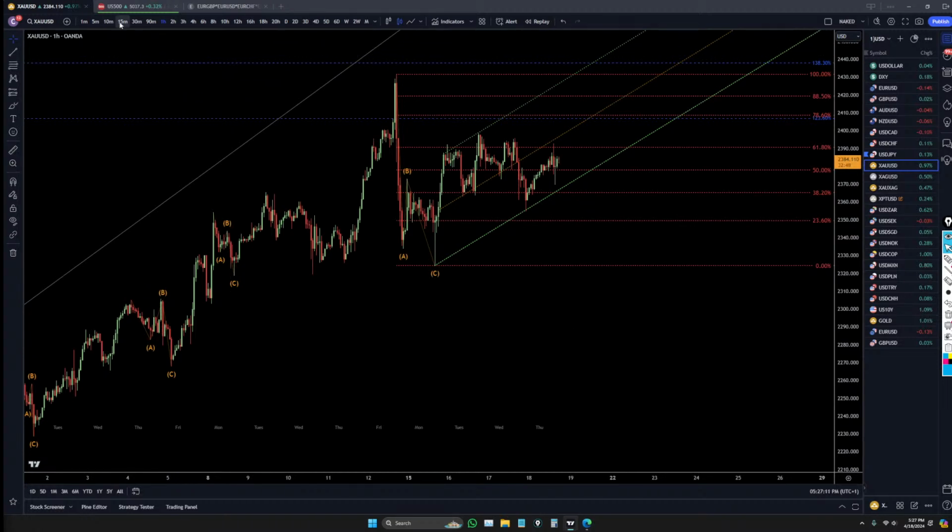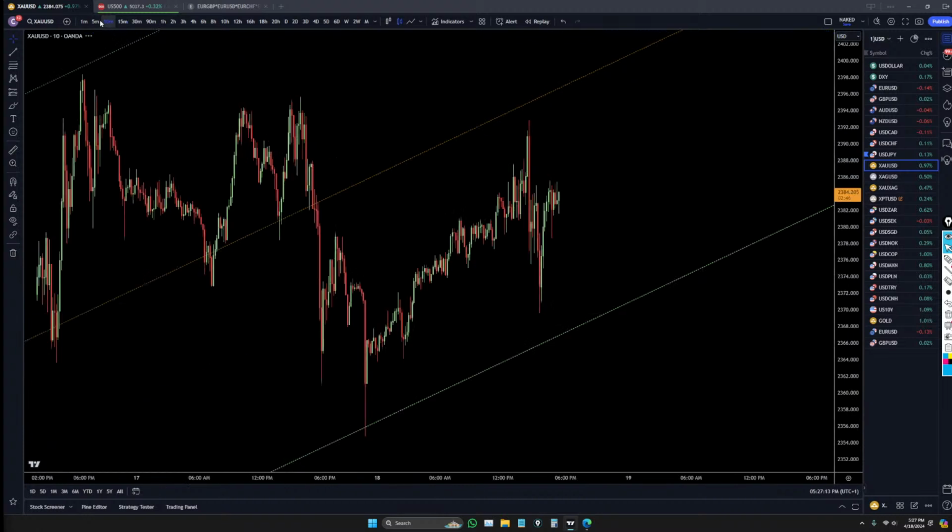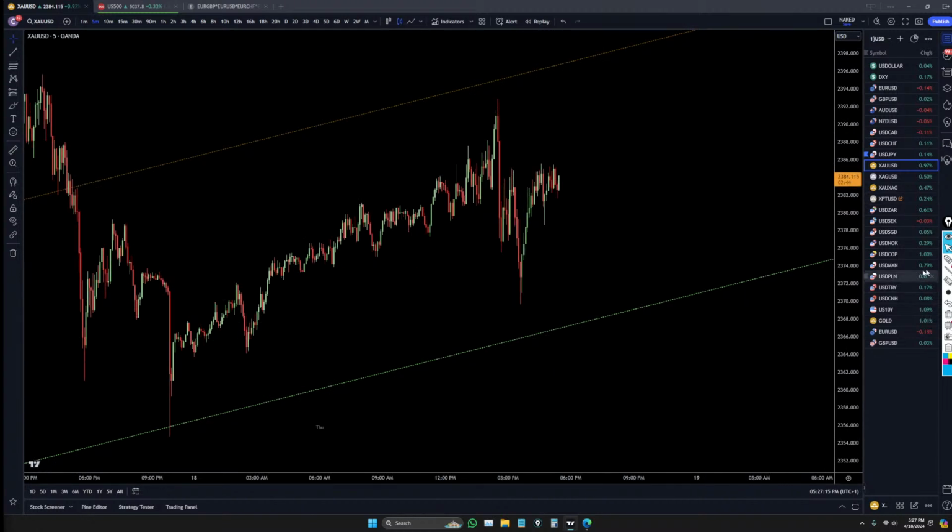I think we had a bear trap today. You have to go all the way down to the 5 minute time frame to see it, but look at this. 1, 2, 3 waves down. Perfect three-wave pattern. End of a correction. Imagine how many people tried to go short right there and got trapped into a short, and now it's going to just keep on trending up, I think.